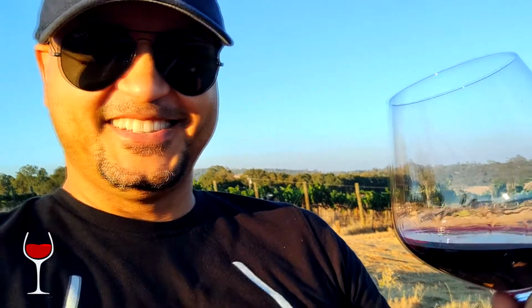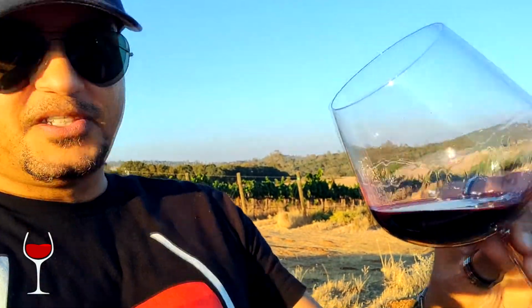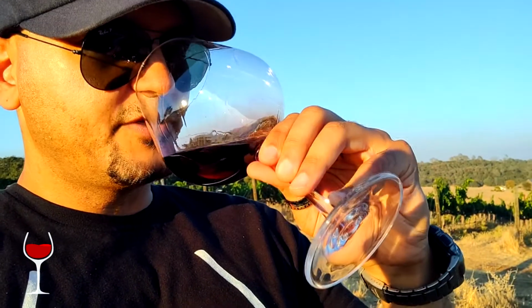Lots of massive structure right up front. Big, heavy, thick tannins. It's no surprise. I mean, look at that color. This will stain anything. I have to watch out, make sure I don't spill it on my pants here. But right off the bat,